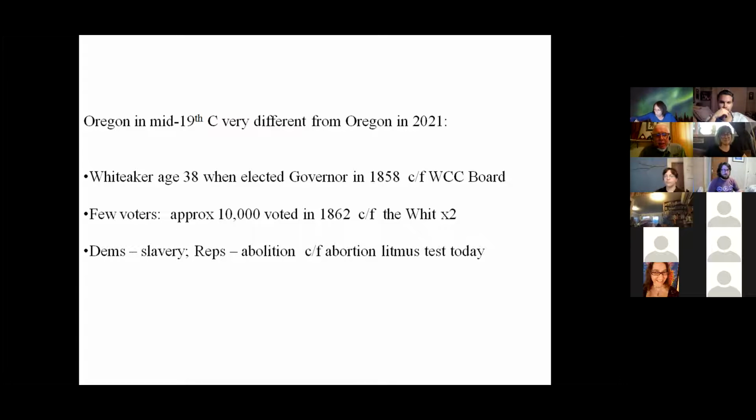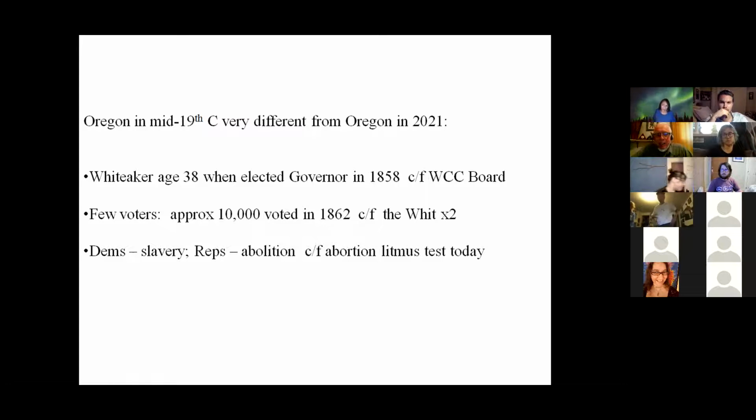The total number of votes in the election that followed his administration, there were only about 10,000 votes for governor of Oregon at that time. So it was a pretty small operation, this settler government in Oregon. Bear in mind that this is only a little bit more than twice the population of the Whitaker voting